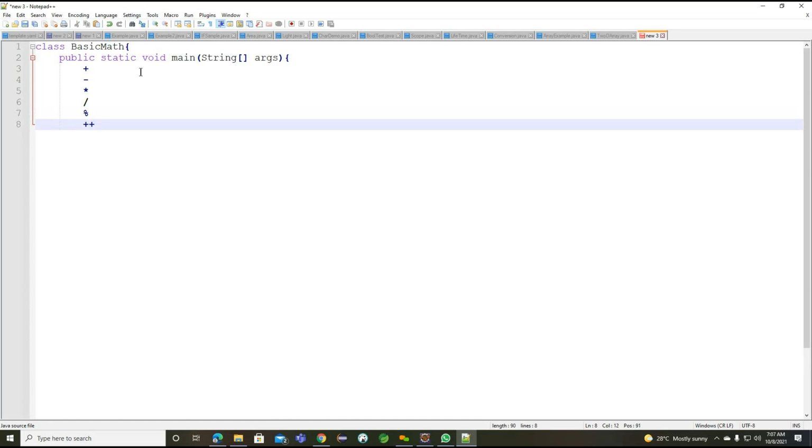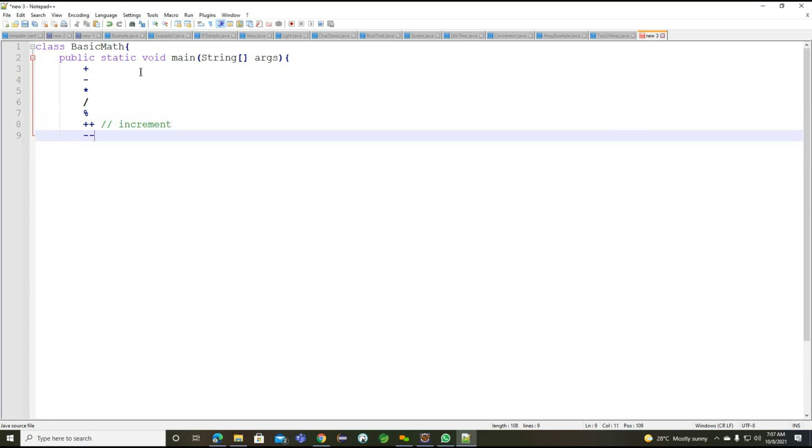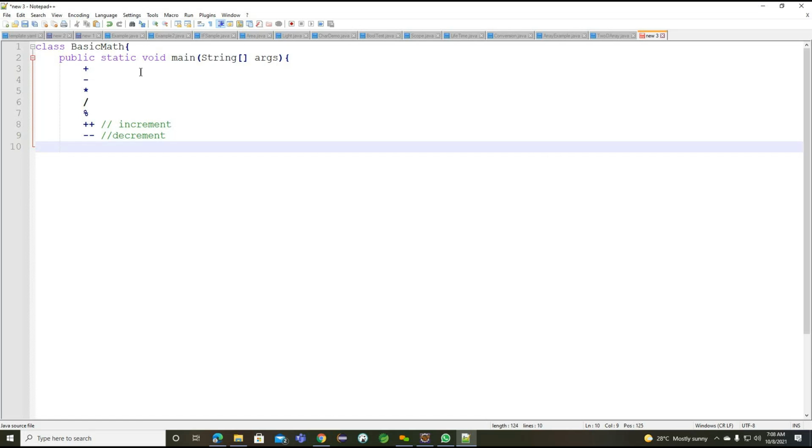This section of code we are going to call increment. Getting the point, increment. In the same way, we can work on the decrement operator. Along with this, we'll have additional operators.